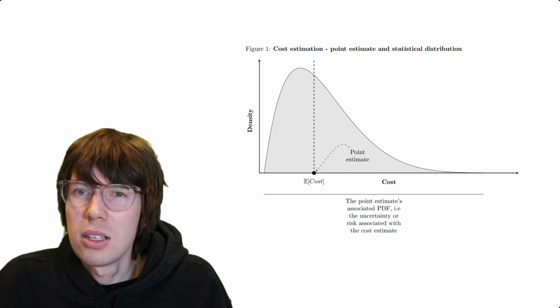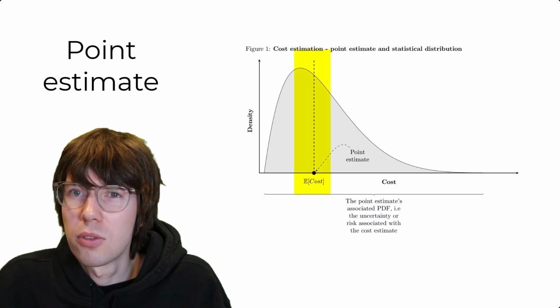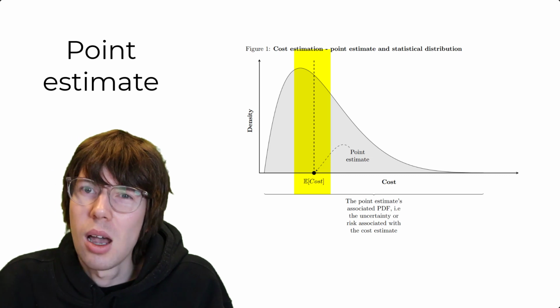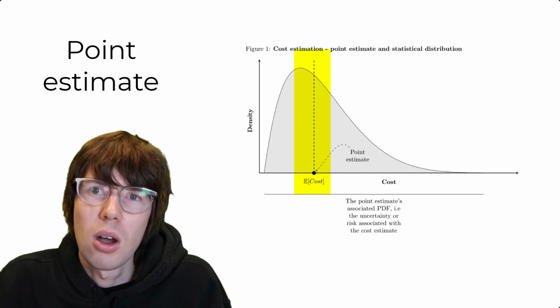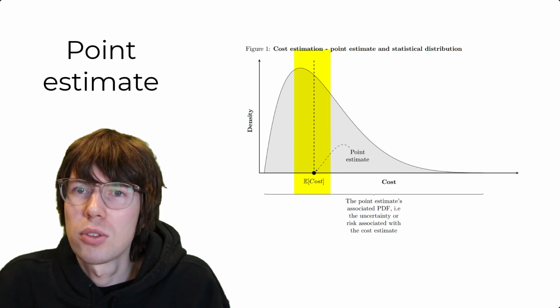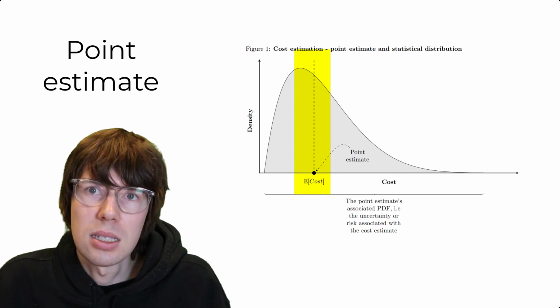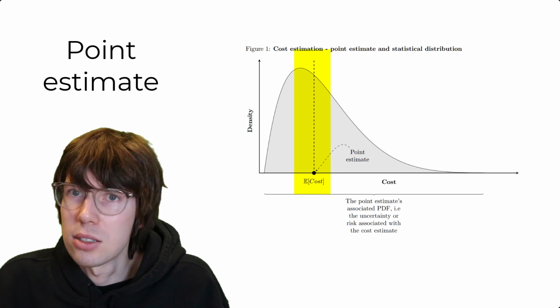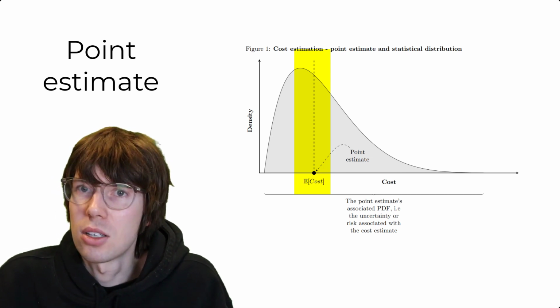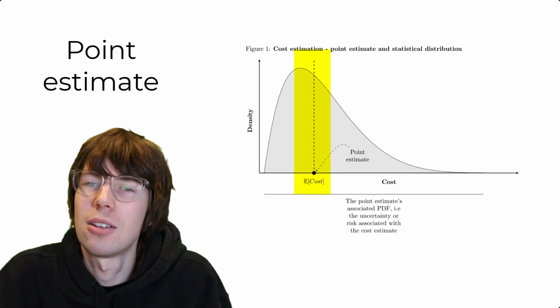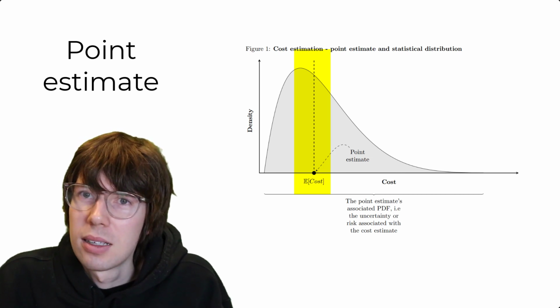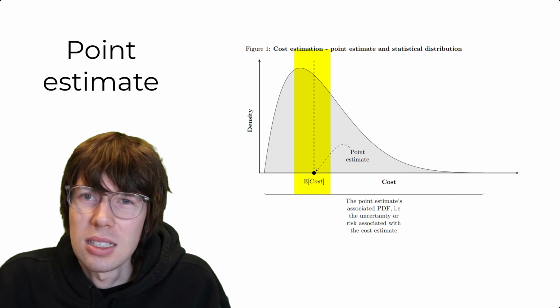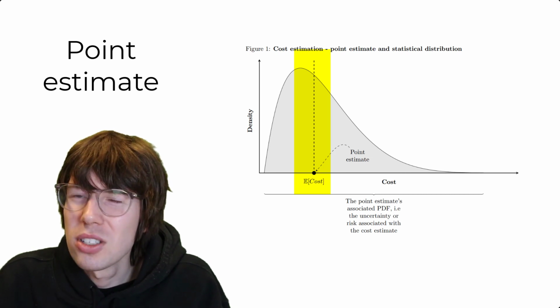First of all, we're interested in coming up with some kind of point estimate. A point estimate is essentially just a number. So a point estimate, when you are estimating the project cost, would be to say that we believe that the project cost is going to be 10 millions or 100 millions or 89 millions, 108 millions, doesn't matter, just one particular number. That is a point estimate. That is ultimately what we are interested in obtaining when you do cost estimation.